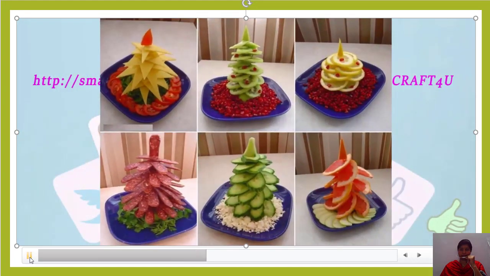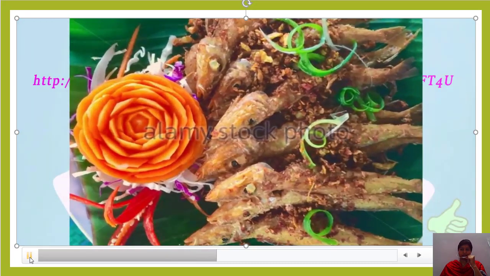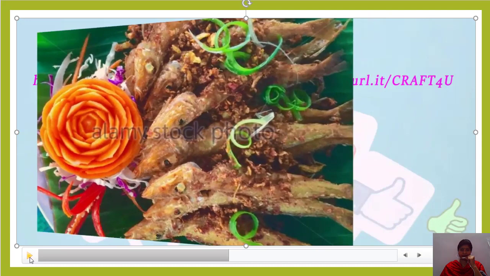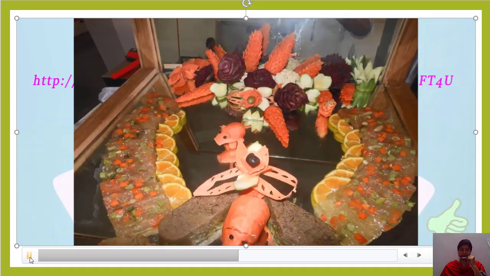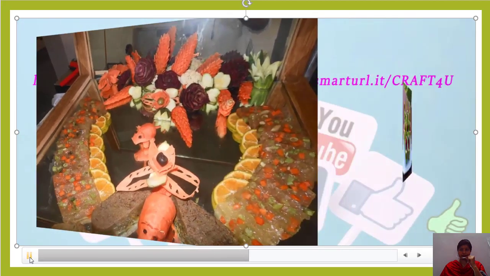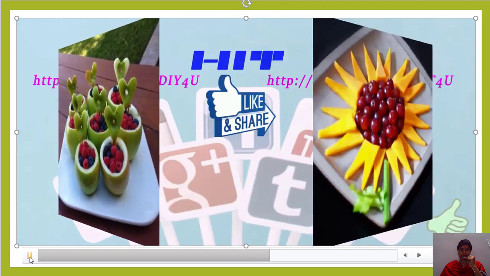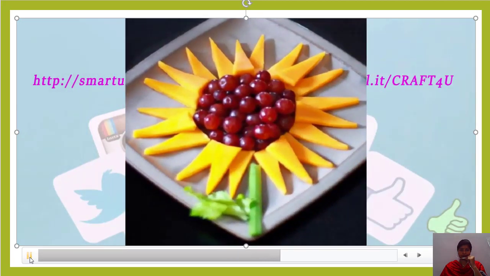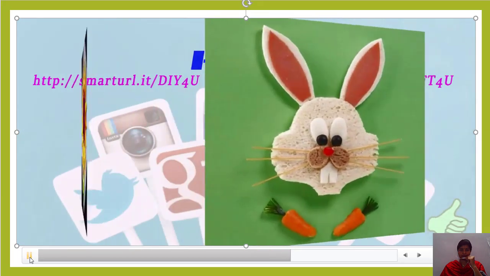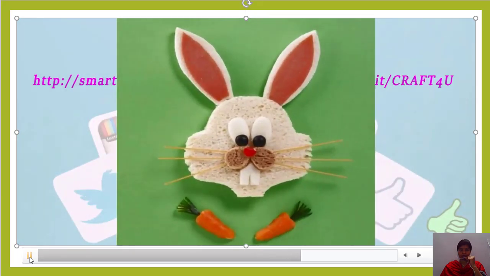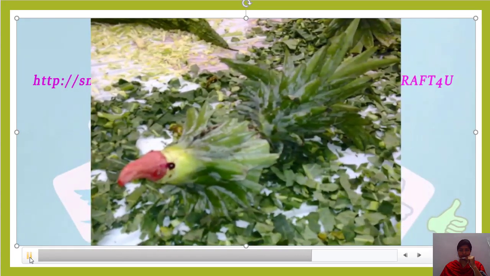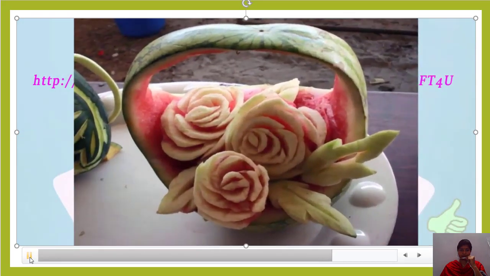Beautiful plant molds. Now we will see another video.